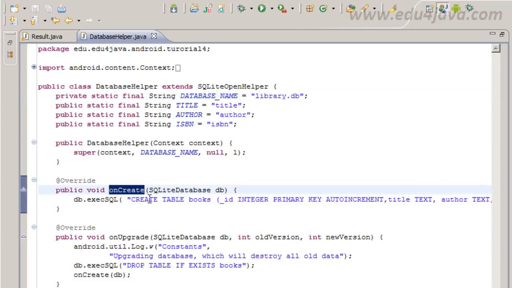In this case, I only need the table books. Then it's easy for me. I just put here the create statement for the table,